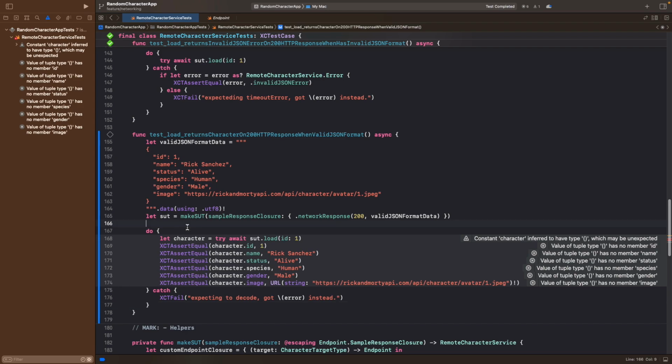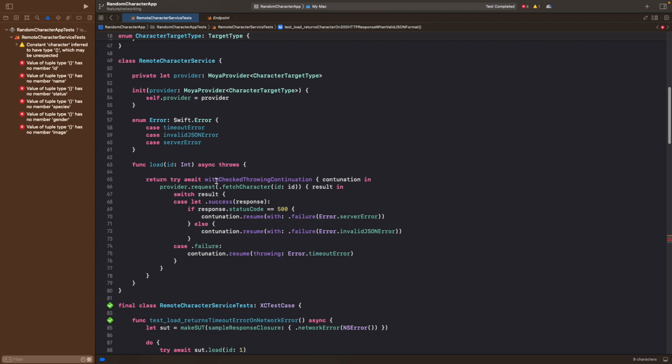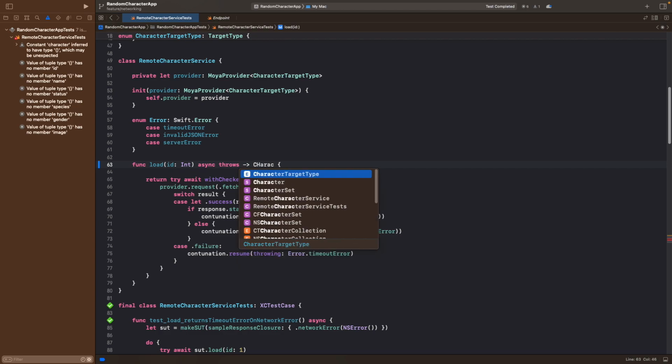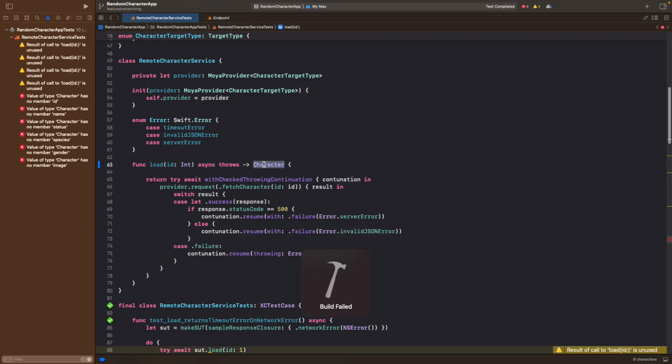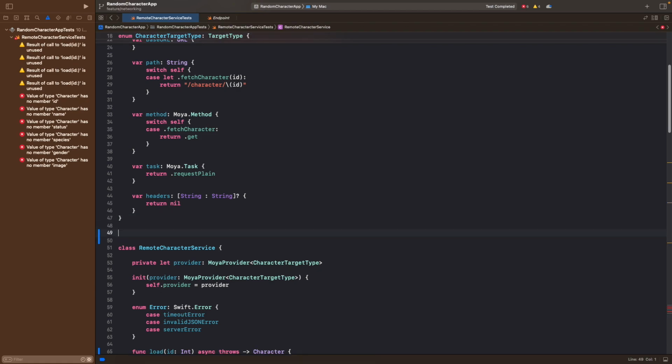So I think that's pretty much a good setup. Let's hit Command again, and we basically need to return the character and create the character type. That's a good idea. Let's create the character. We need to synchronize, but we need to return a character. I forgot the order, but let's just do what the compiler is telling us. So we can create a character here,